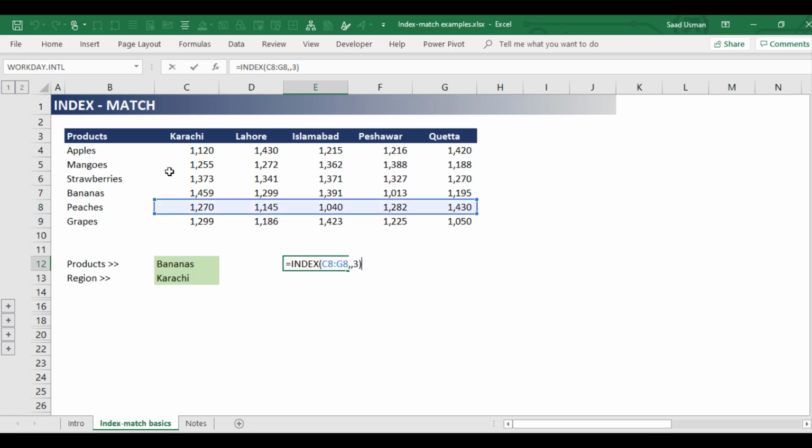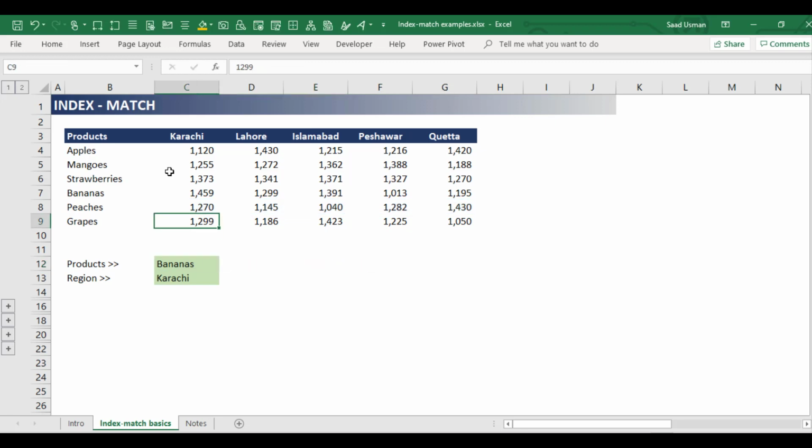So you can see in a single dimensional array, we have to only provide either the row number or the column number. Moving on to the next example, if we want to move to the multi-dimensional array, for example, there is a range of cells in which the sales have been entered for various regions and various products, and I want to find out the sales for, let's say, strawberry in Peshawar region. So I can find out